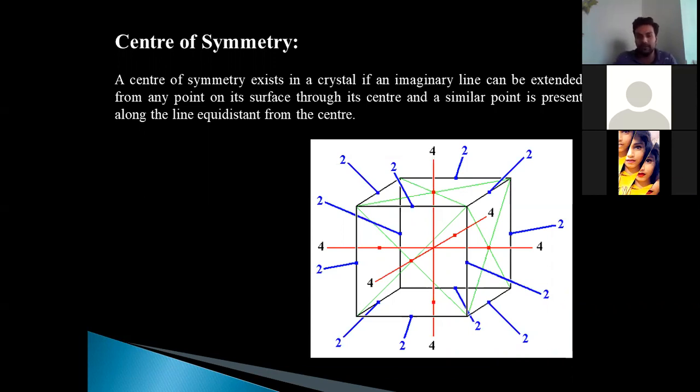For example, if you draw a line from a corner and it passes through the center of that crystal, then it should reach another corner on the other side of the center. If there are two corners on the two opposite sides of the center, then that center can be called the center of symmetry. And those two corners should be